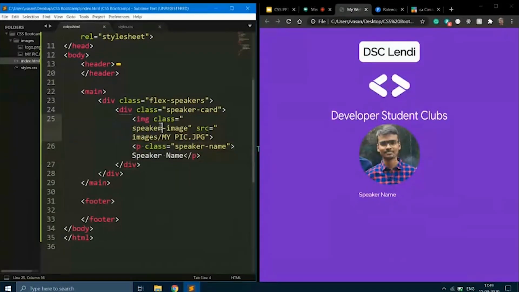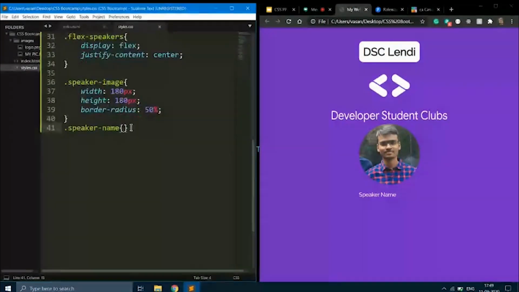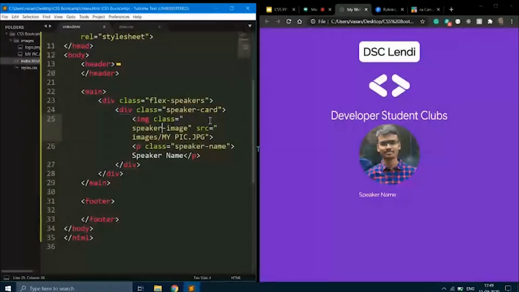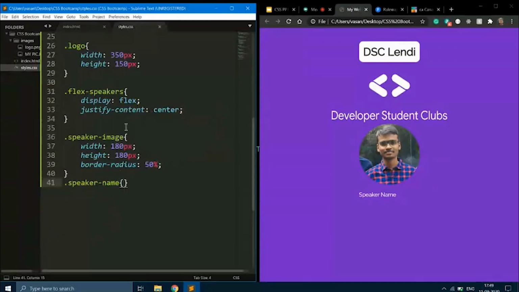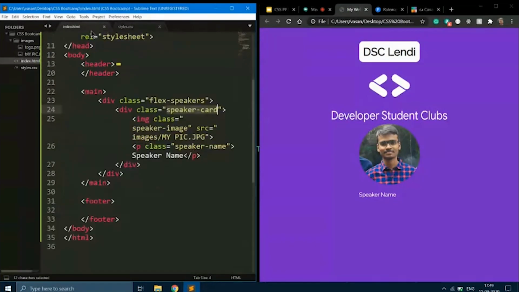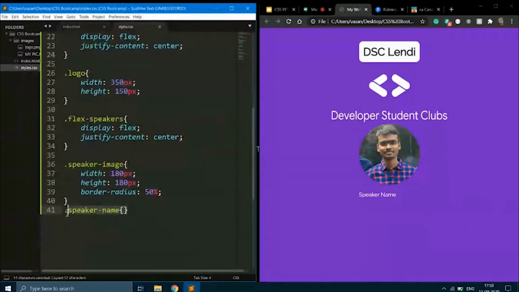For that, we need to use flex again. I'm going to write some CSS for this speaker card so that these two HTML elements get aligned vertically centered. I'm going to copy this speaker card and paste it here.